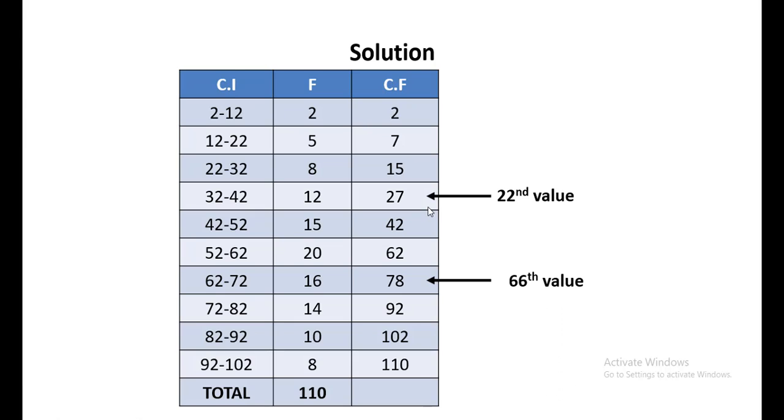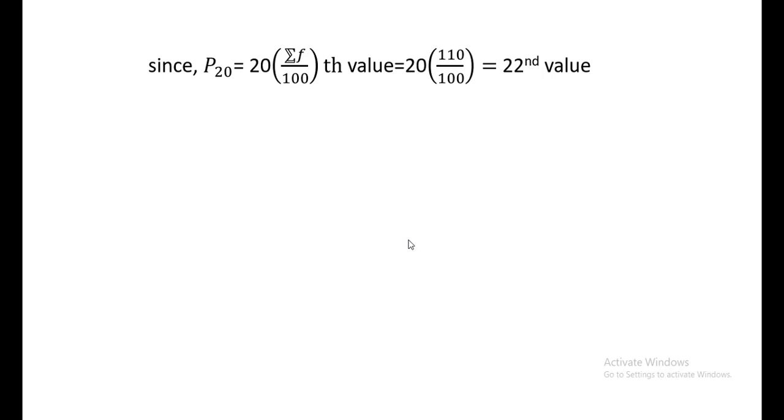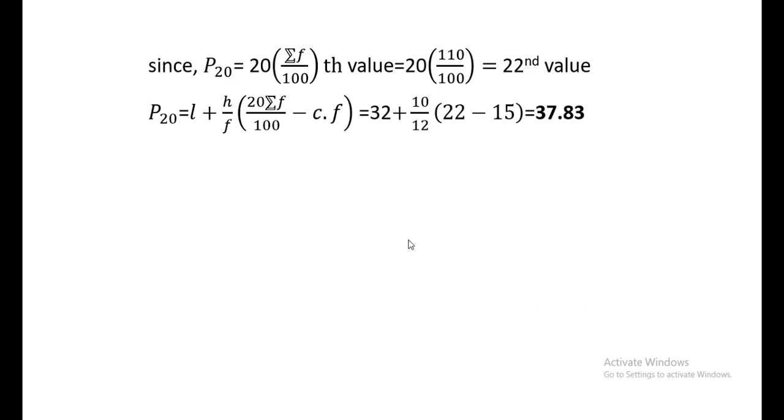For the next one, we need to search for the 66th value, and the 66th value lies in this class. The lower boundary of this class is 62, the frequency is 16, and we're going to take CF as 62. Since the height is the same, which is 10, we're going to use it for both percentile values that have been asked for. So for P20, the position came out as the 22nd value, and using the values we saw earlier for the 22nd value's class, the answer in total is